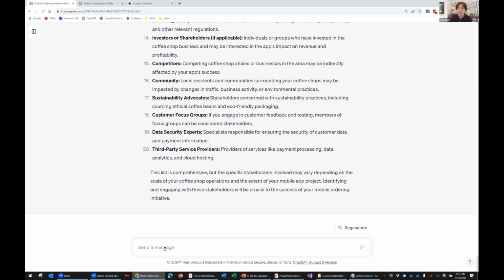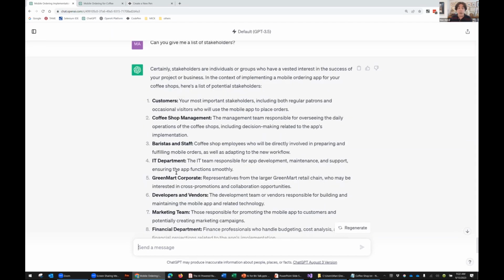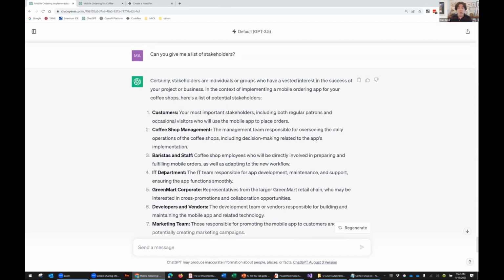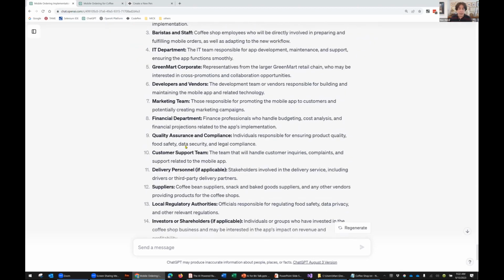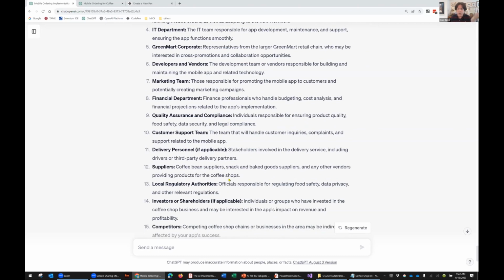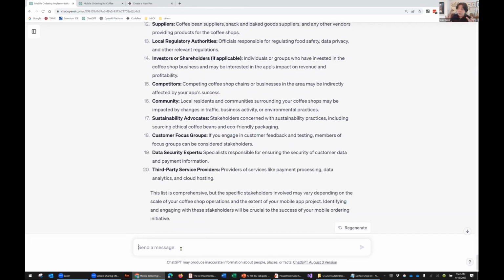Now, at some point in time, it could be now, it could be later, you could say, this is a pretty overwhelming list. And I'm looking at this and going, I don't know if this app that we're going to be developing is involved in local regulatory authorities. So one of the things that generative AI can do, as we'll see, is it can give you a lot of information.